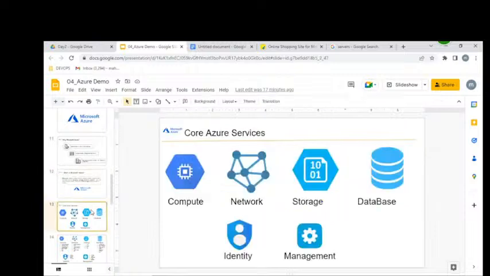By using Azure, which services and modules are we going to get? Computing power, networking, storage, databases, identity access management, and management, such as cost management and application management, whatever it may be. These are the modules we are going to discuss in Azure.